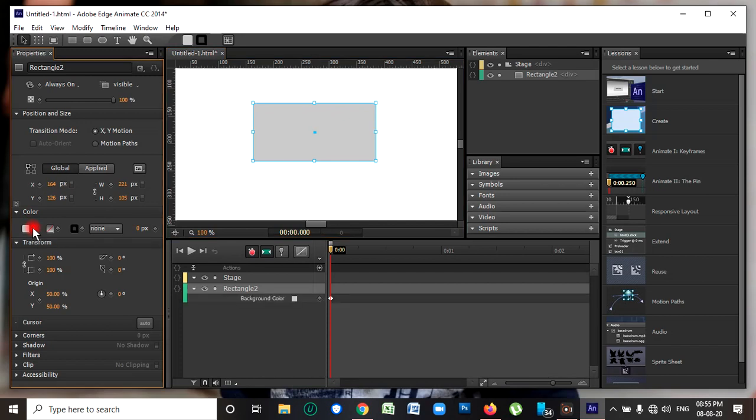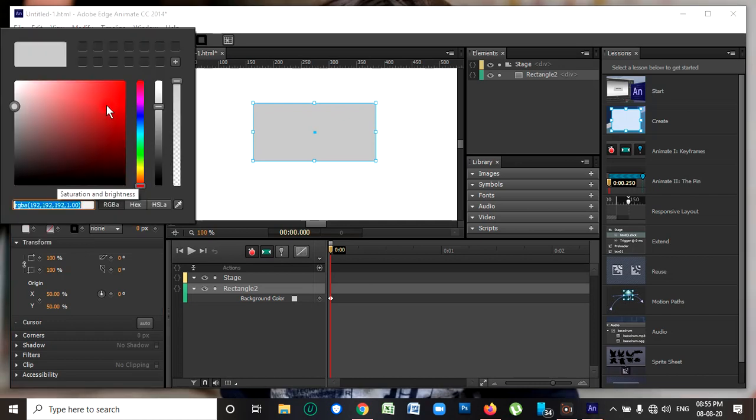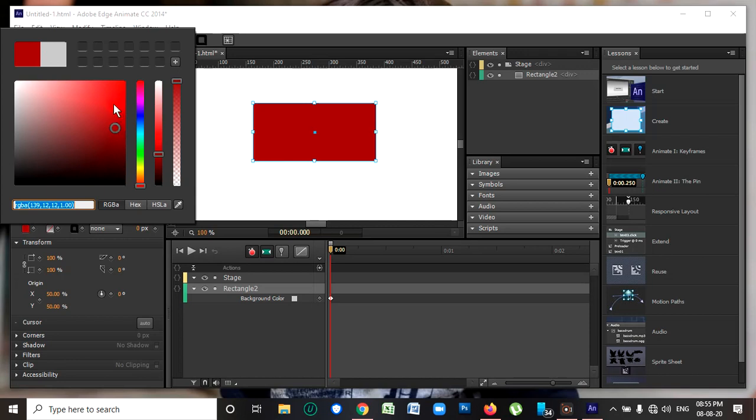When we click over here, the color box will appear. If you want to fill this red, we can fill it here. Any color you want to fill, we can fill over here.